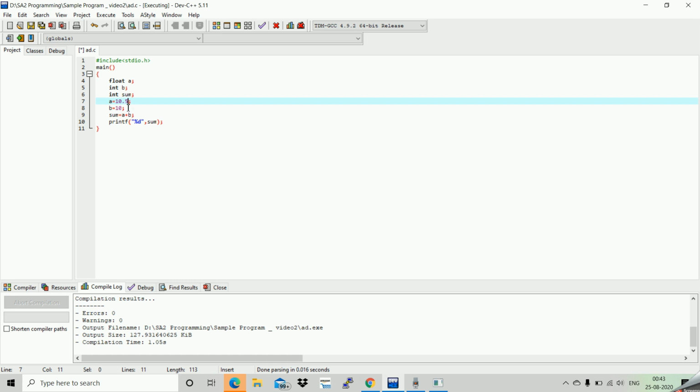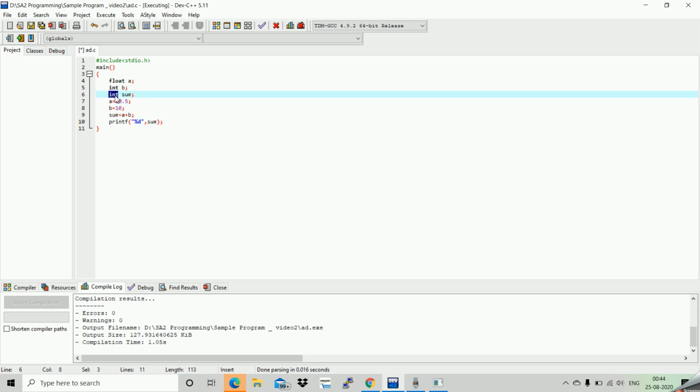But since the output will be a decimal value, I cannot declare sum as integer. I need to declare it as float. If you declare the data type of the sum as integer, then the result also you will get as integer. So the result will be 20.5, but it will display 20 because you have declared sum as integer.